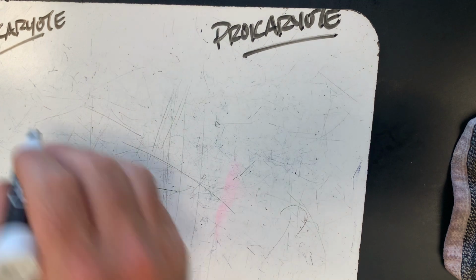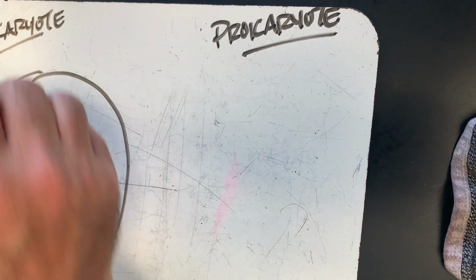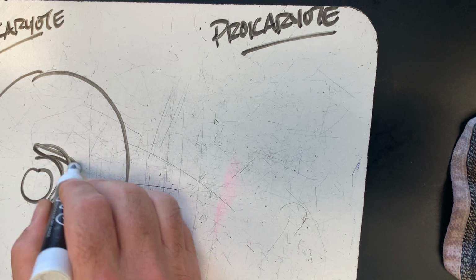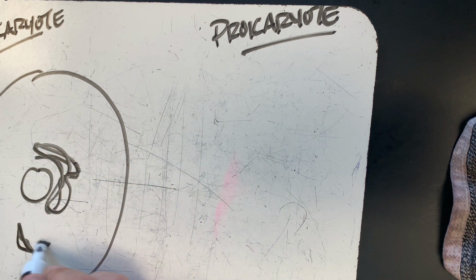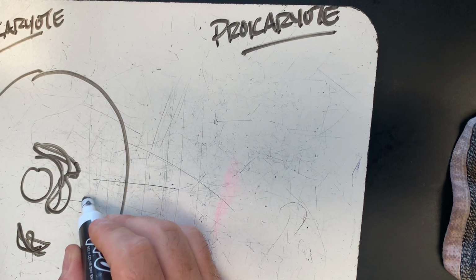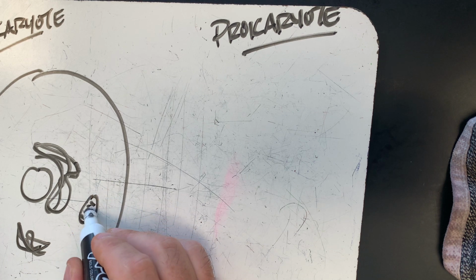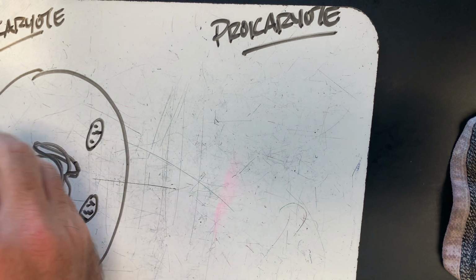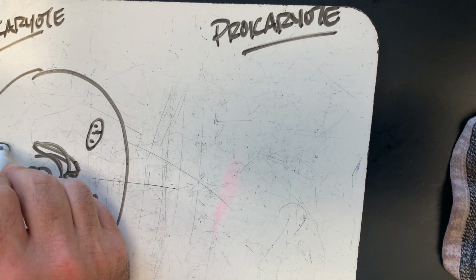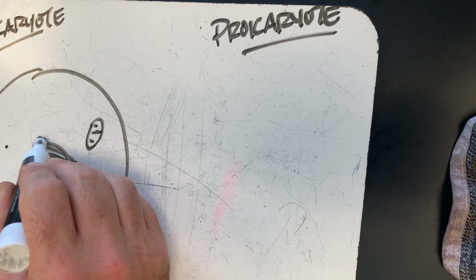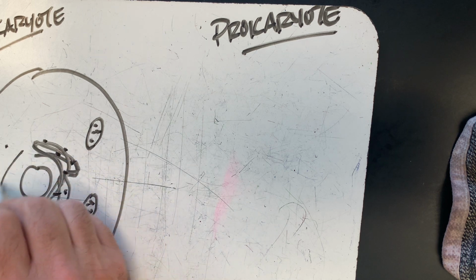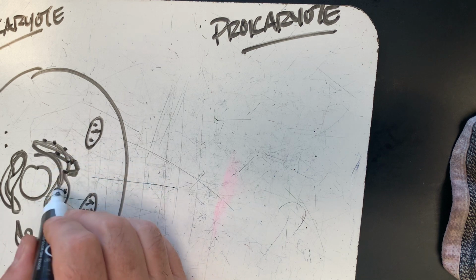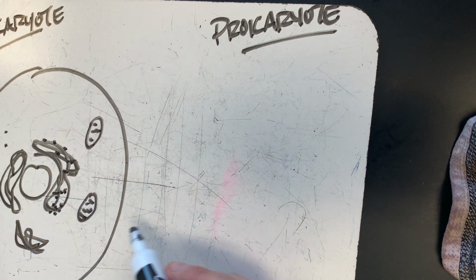So if I draw a eukaryote, and just to give it scale, remember it's big, it's got a nucleus, it's got endoplasmic reticulum, it's got a Golgi apparatus, if it's a plant, it's got chloroplasts in it, and I'm not going to worry about coloring them. The endoplasmic reticulum is smooth and rough, so we'll make this rough, we'll make this smooth. I've got the ribosomes that are here that are really nice.